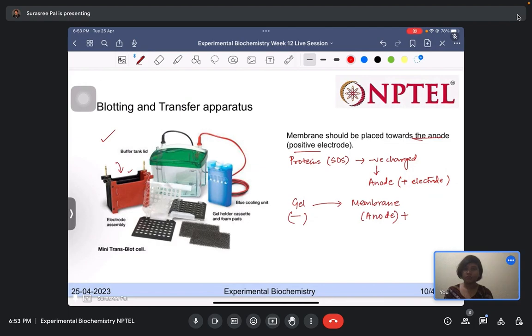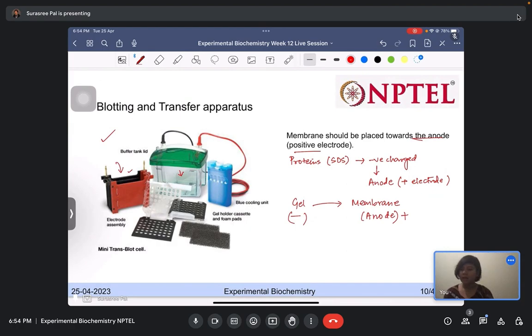Then the cassette is placed in the tank, and we pass electric voltage through it so that the proteins can be transferred from the gel to the